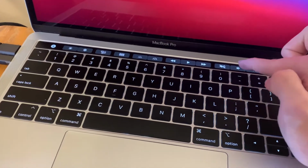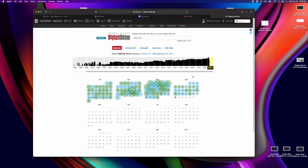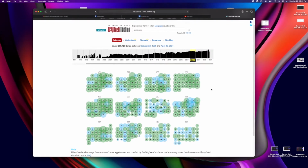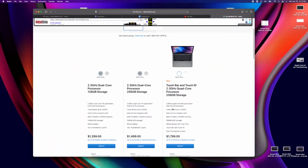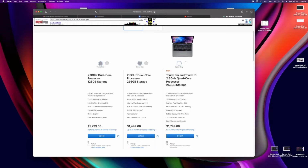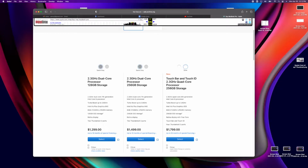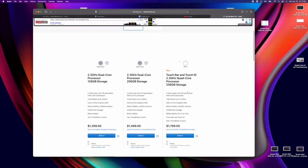My configuration is something I want to talk about. How's the config that I made holding up? I basically chose the standard RAM, 8 gigs, the standard 256 gig SSD, and the normal butterfly keyboard. Everything else is pretty standard. I didn't upgrade the processor or anything. I chose the 2.3 gigahertz 8th gen Intel Core i5 and the Intel Iris Plus 655 graphics card. That configuration has surprisingly held up pretty well,